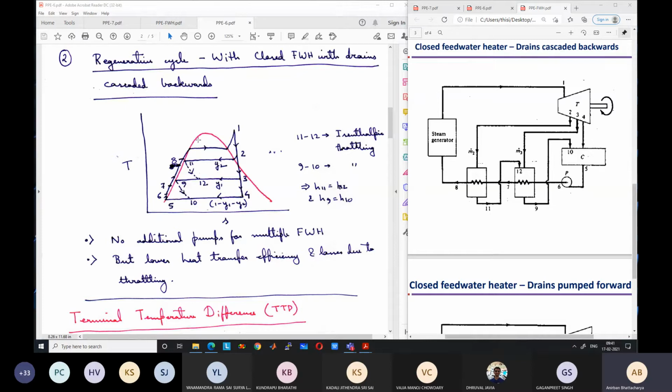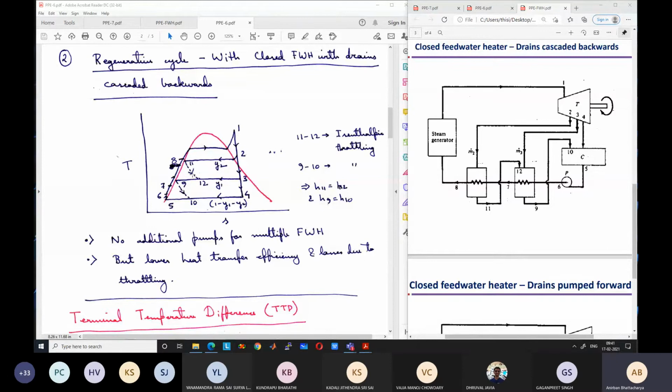And what happens to this condensed steam? From 11, the steam which gets condensed, which is now saturated liquid water, is expanded in the throttle. It's an isenthalpic expansion, so H11 is equal to H12, again shown by the dotted line. Some of the liquid gets converted to vapor because there is a sudden decrease in pressure. It is flashed to vapor. So this mixture of liquid and vapor enters the previous feed water, the pipes here.